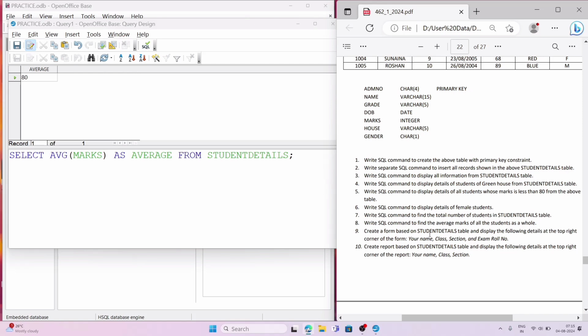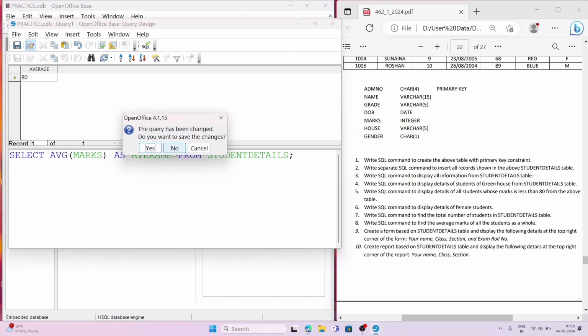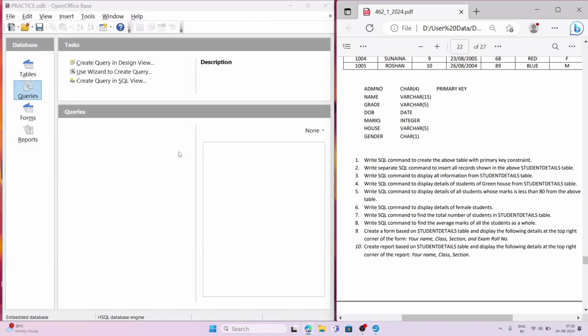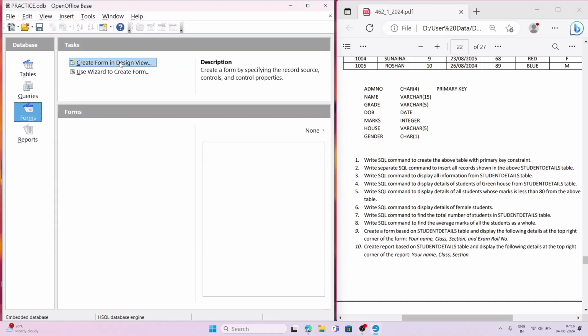Display the following details at top right corner from the form. So we have to create a form. Now we'll close the SQL view. If you want to save, you can save the query, you can give yes, otherwise you can give no. Now we'll go to form. We have to create a form, so we can click here,